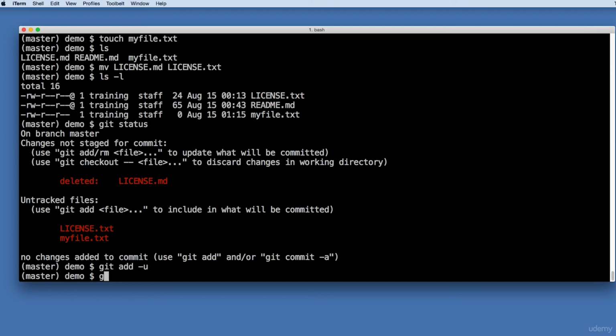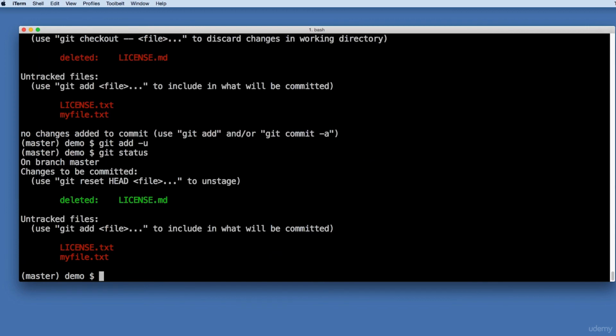Now let's do a git status. Now we have our changes to be committed, which means it picked up the license.txt file, but it didn't pick up the myfile.txt. So in order to include both additions and deletions, you need to use git add -A. That will cover all types of modifications possible on the current working directory and make those updates accordingly in the